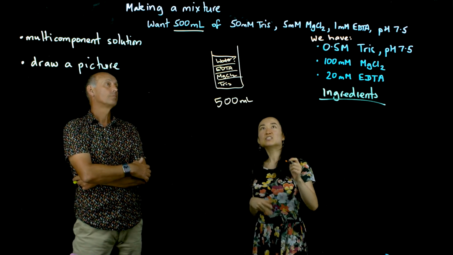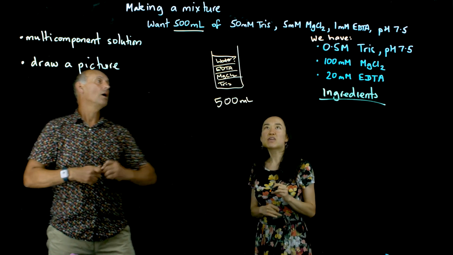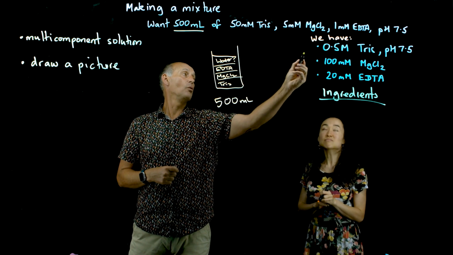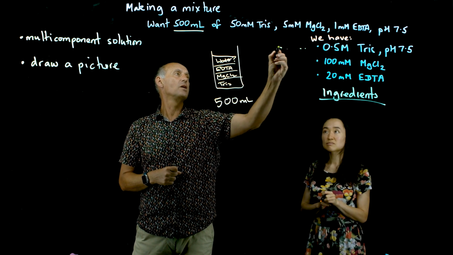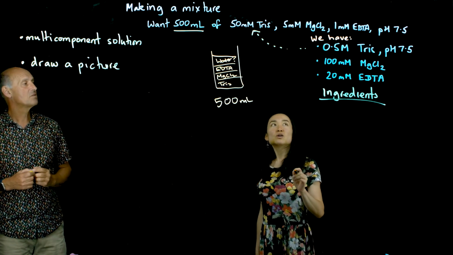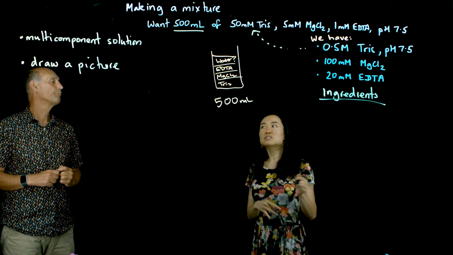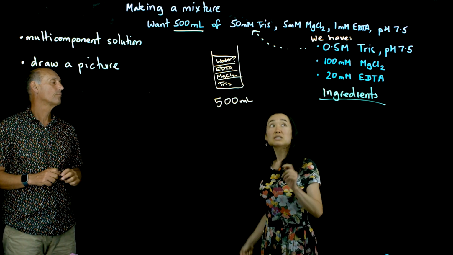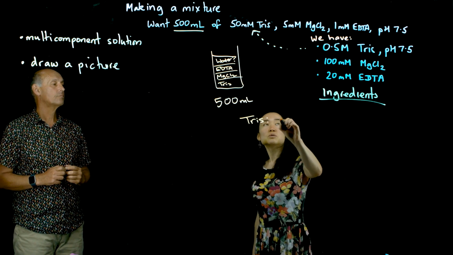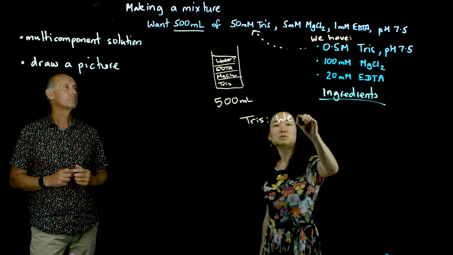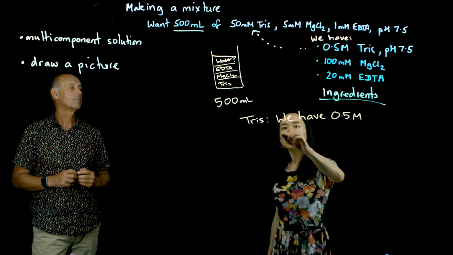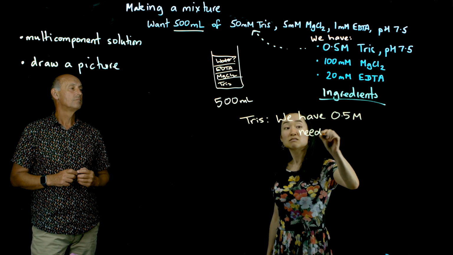So, in the end, the ingredient here, the 0.5 molar Tris, eventually has got to give something that's 50 millimolar. So what's your next step? With the different components, we'll need to take them step by step. So we'll just start with the Tris. We have 0.5 molar, and we need 50